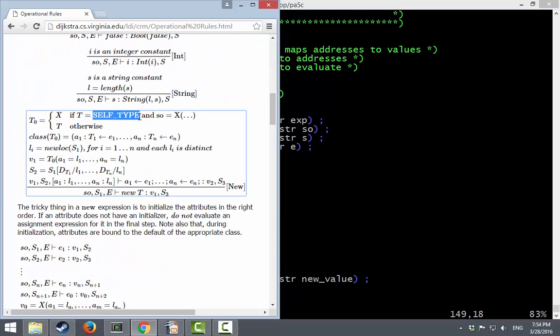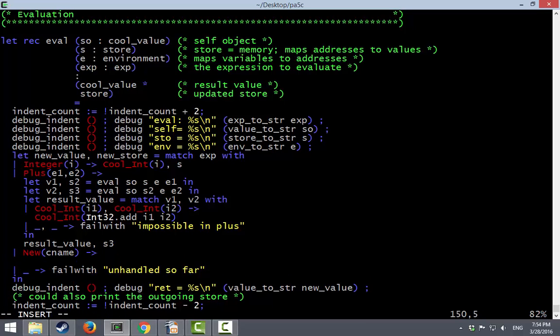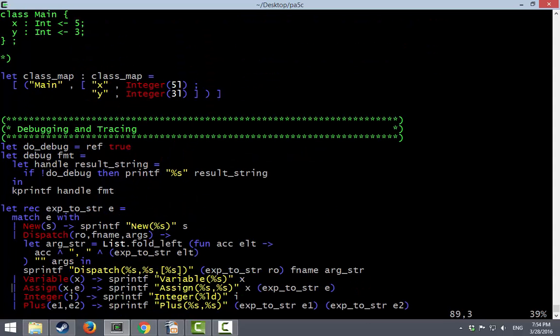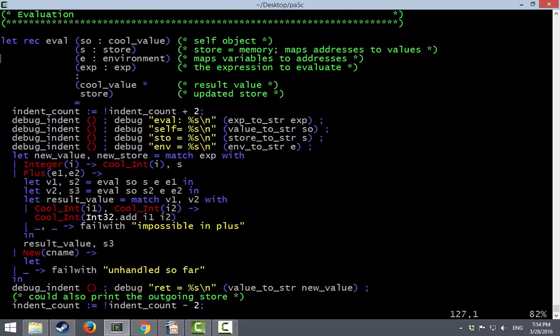I am not going to do self-type. You can read more about this later. But one of the first things we do is read in from the class map. We want to get all of these attributes. So the attributes and initializers are